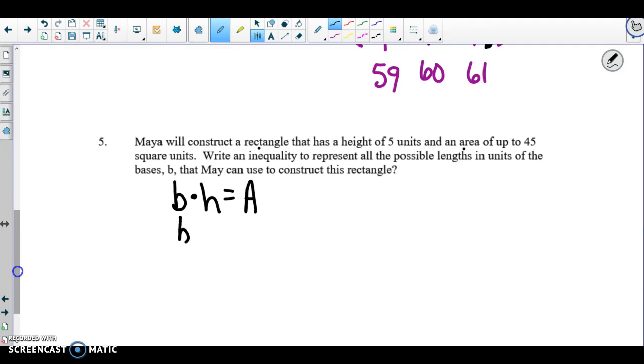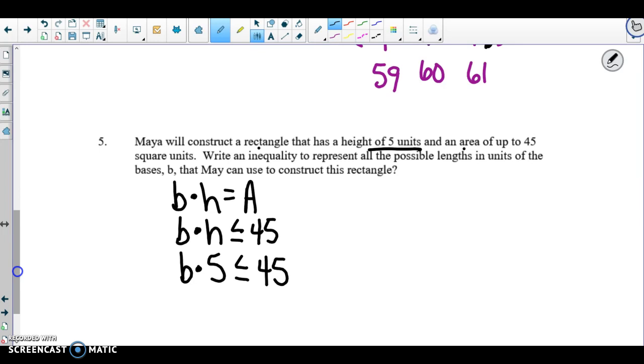So really we're saying base times height has to be less than or equal to 45. And we already know the height. So it's really base times 5 has to be less than or equal to 45. Now, if I rearrange that, I can change it to a division problem. We take 45 and divide by 5, because it's something times 5 has to be less than or equal to 45. So 45 divided by 5 gives 9, right? And B has to be less than or equal to 9 for that to be true, because 5 times 9